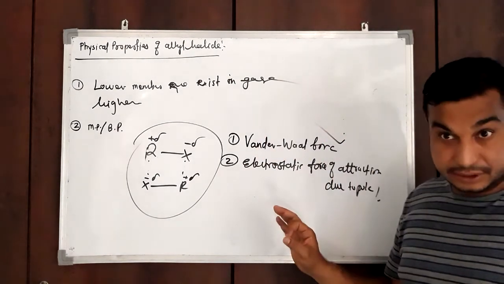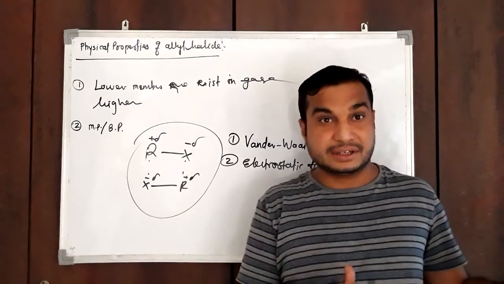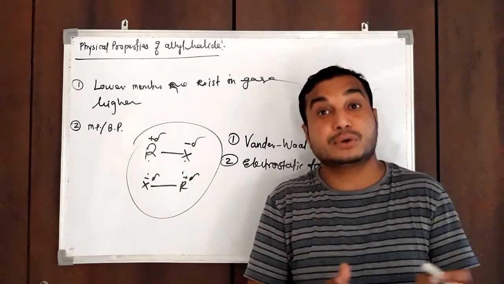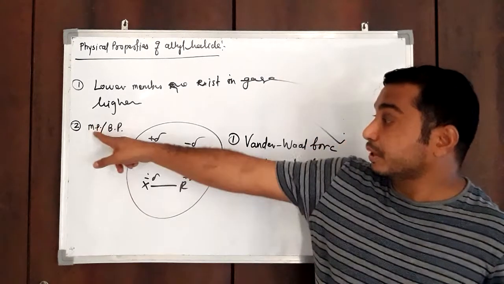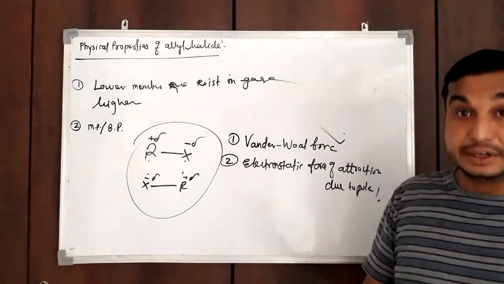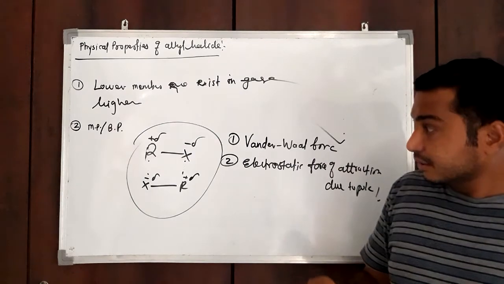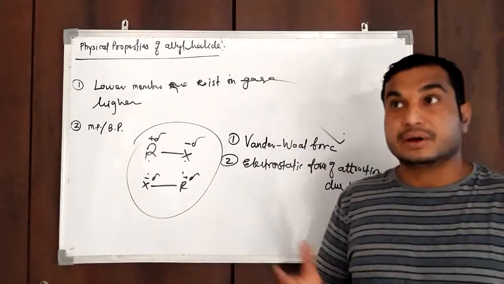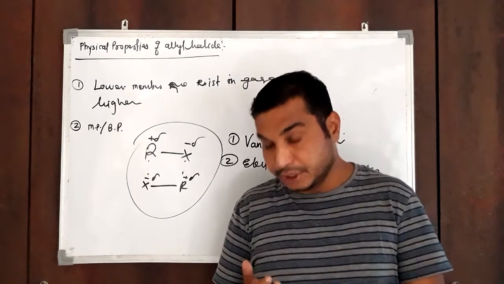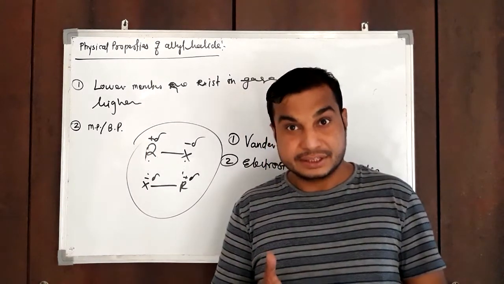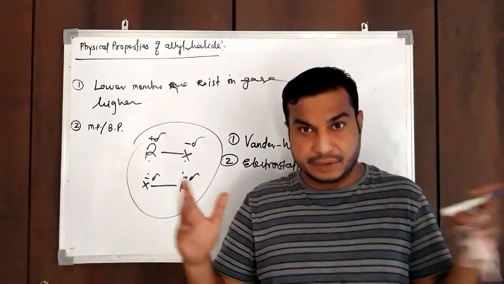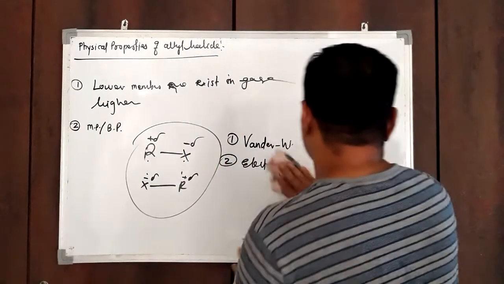force of attraction. As the van der Waals force of attraction increases, the interaction among them will be more, and more energy is required to separate them. Therefore, melting point and boiling point increase. Again, in the case of isomeric alkyl halides, 1-bromobutane, 2-bromobutane, or tertiary butyl bromide. Among these, if we consider these three alkyl halides,